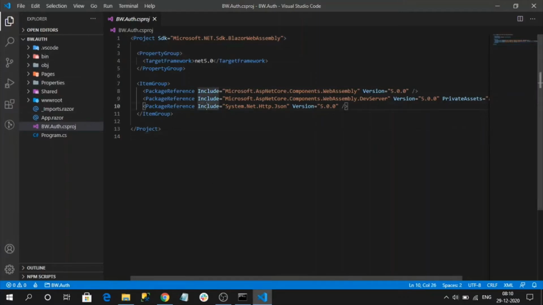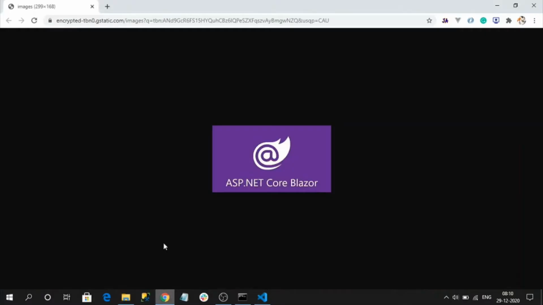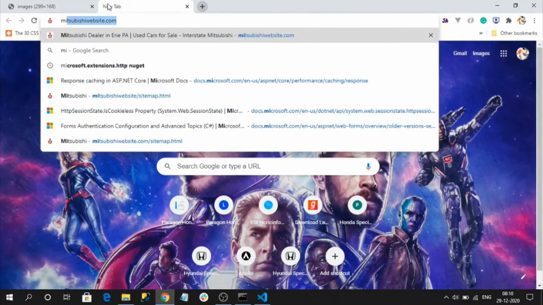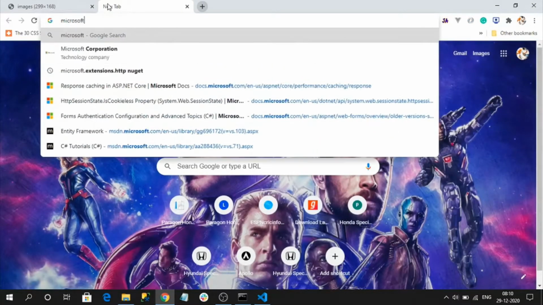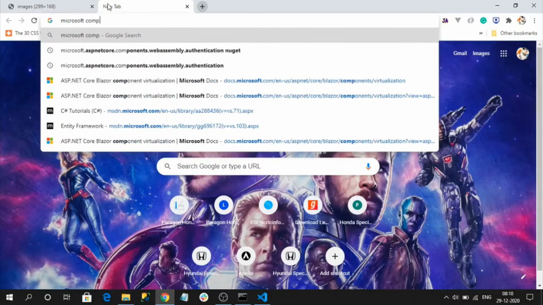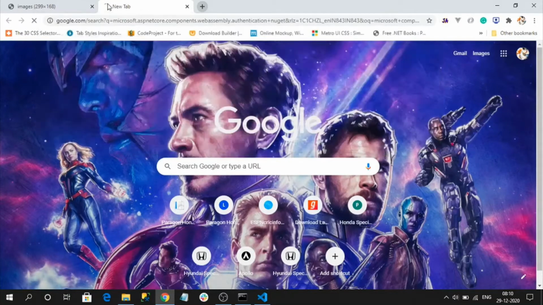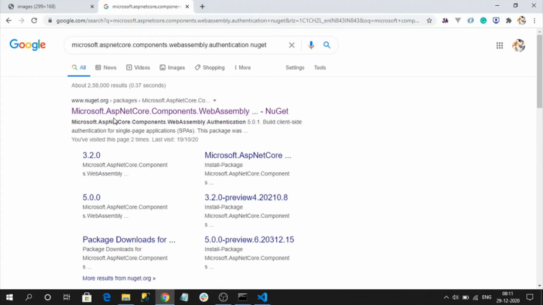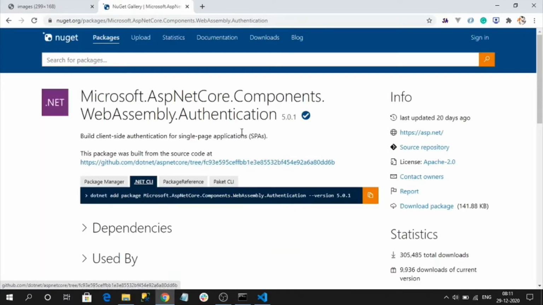Before going any further, to integrate authentication into our Blazor WebAssembly, we need to install one NuGet package, Microsoft.AspNetCore.Components.WebAssembly.Authentication.